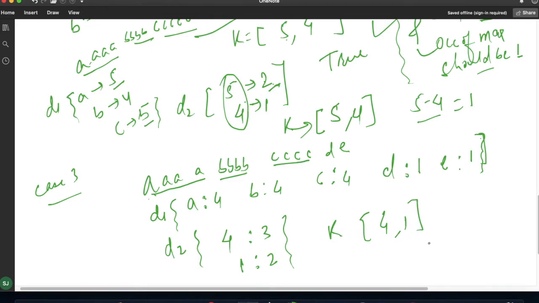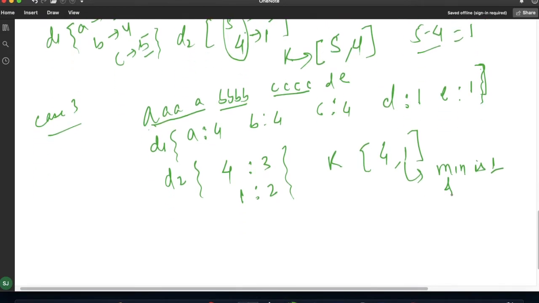From this key part the minimum value is 1, and at the same time its occurrence should also be 1.